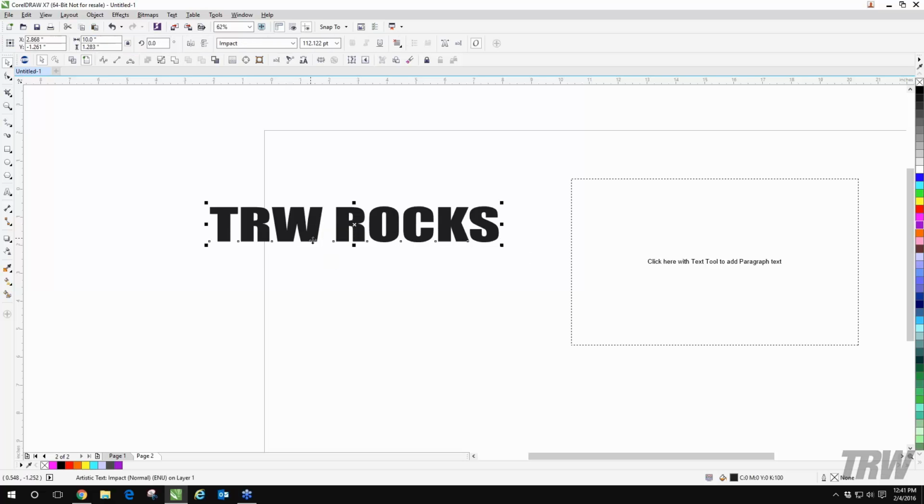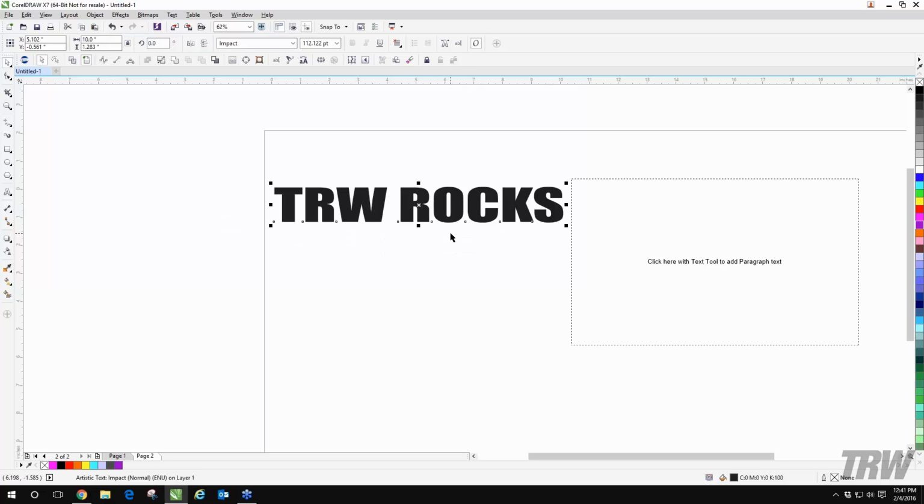All right, so now I have this text, and we're going to talk about something that Deb mentioned a little bit earlier, converting it to curves. When we send this text to the cutter, we're always going to want to convert it to curves first. As you can see, when I click on this, Corel knows it's text. It gives me that cursor. I can still come in here and edit it. I can delete it, make a letter lowercase or whatever. It's going to know that it's text. It's different than an image. When I convert it to curves, which I'm going to do right before I cut,